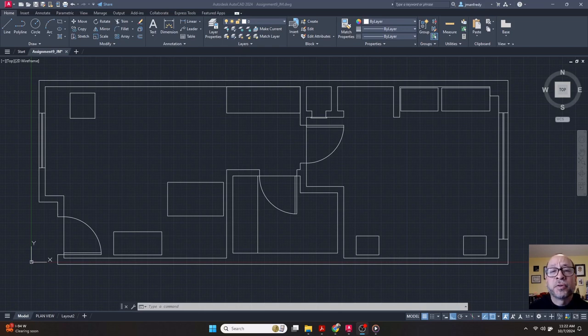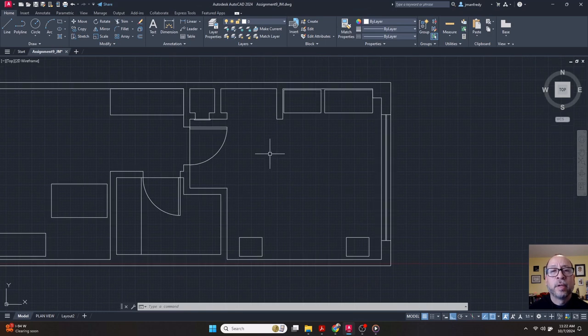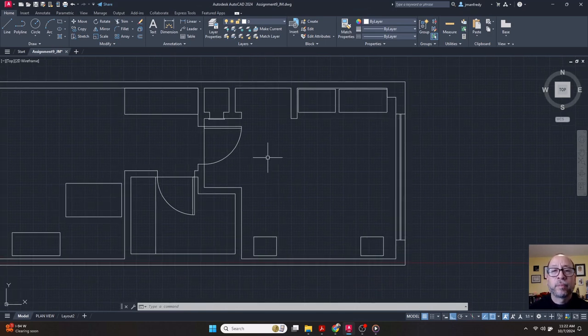Okay, in the next exercise, we're going to take this room here in this floor plan layout we're using and lay out some furniture in here. Now,